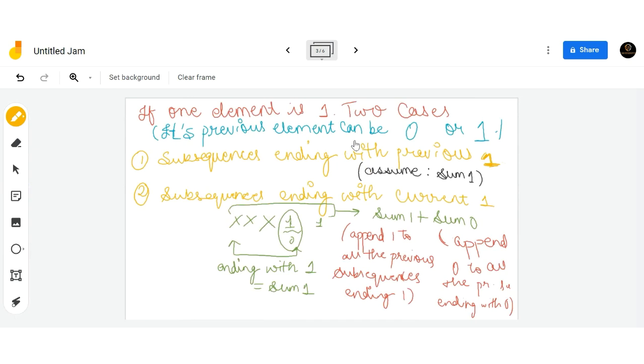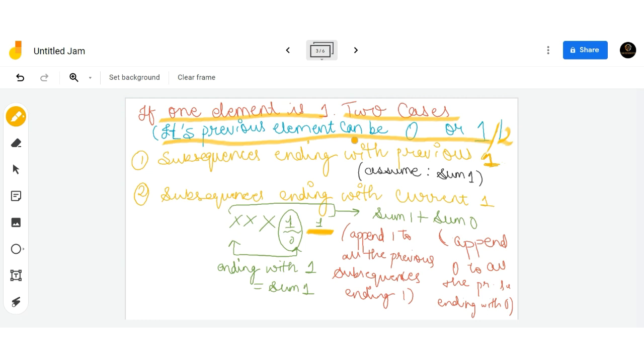If the element is 1, then what are the cases and how will we calculate? Here it is the subsequence ending with 1. So its previous element can be 0 or 1, so as to make this a special sequence. Now think yourself, what if there is a 2?